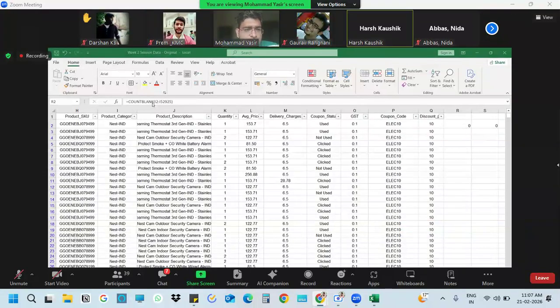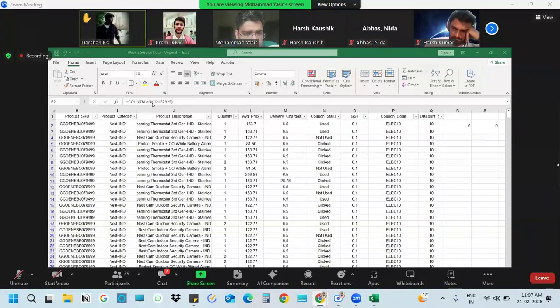Right? Yes, Darshan? So, just a question on this: if a filter has already been applied to remove the blanks, and then if the count blank is used, will those cells also be recognized, or will they be left out? It will be left out. Okay. We'll move forward.